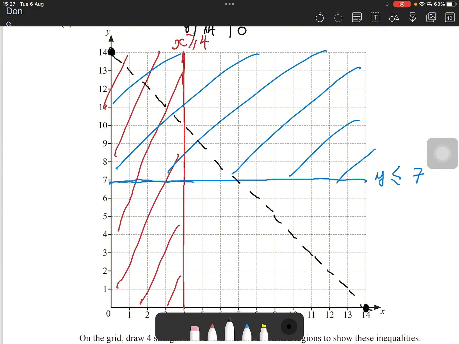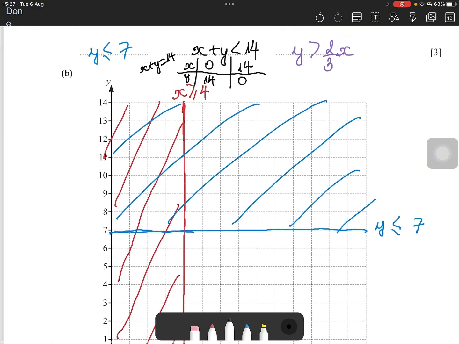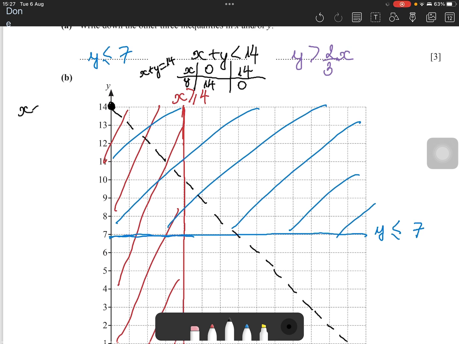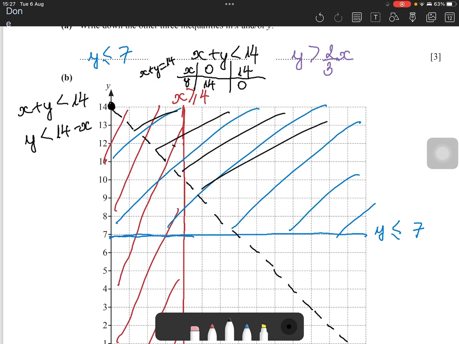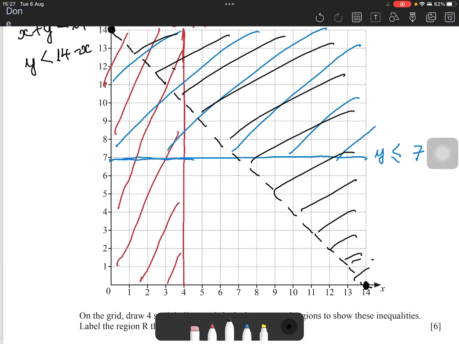This is the line x + y = 14. And if x + y is less than 14, this means y is less than 14 minus x. So we want the lower part, then I'll remove the upper part. Finally,